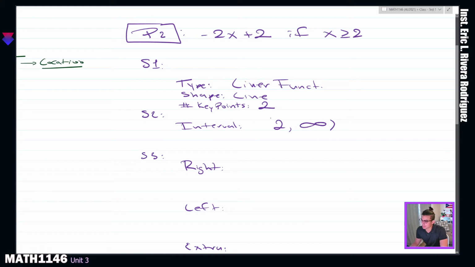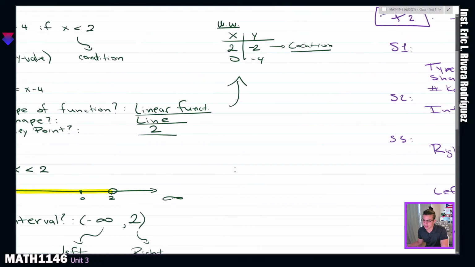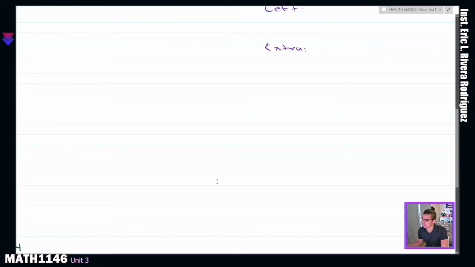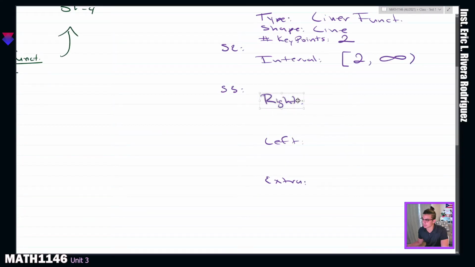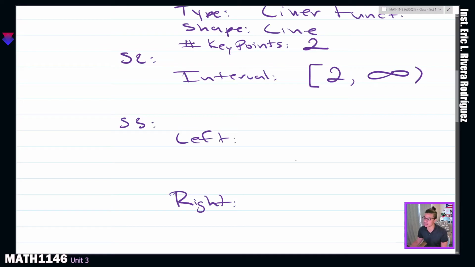All right. So now, I think I start with left. Yeah. So let me switch these places. Left first, then right. In this case, we can take the left boundary first. Why? Because we read the interval from left to right, and the first value that we're getting is 2. Moreover, that 2 is included,